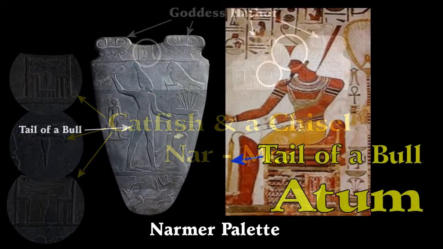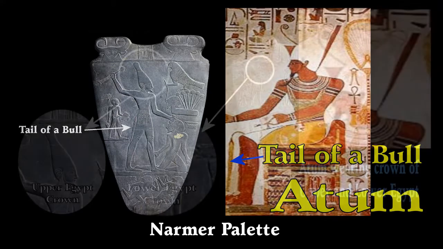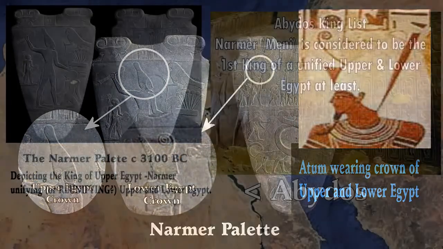Now, this will connect to the god Atum, which is typically depicted with a bull's tail hanging from his belt, as we can see on King Narmer, the king of Upper Egypt. Atum is a distinctly Lower Egypt or Northern Egyptian god. He's very prominent in that part of the world, but when we see depictions of Atum, we typically see him wearing the crown of Lower and Upper Egypt. On the Narmer palette, on one side and the reverse, we see him wearing the crown of Upper Egypt, and we see him wearing the crown of Lower Egypt,